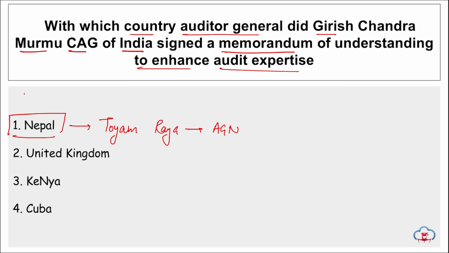If we talk about Nepal, what is the capital of Nepal? Kathmandu. Who is the president here? Ramchandra Paudel. And what is the currency we use in Nepal? It is the Nepalese rupee. Apart from this,